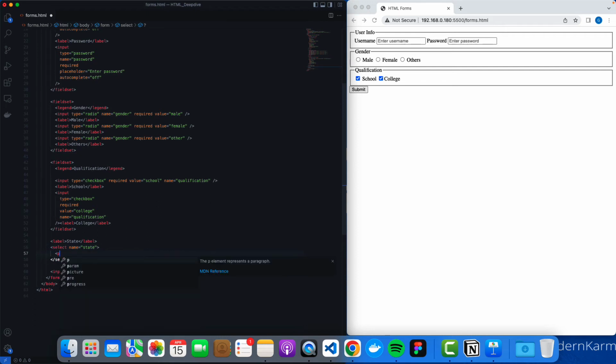I can give different options to that user. Option is another element, and each option will have a value, because value can be something and label can be something else. Let's say value can be Assam, ASM, and label can be Assam. So if you see state, now there is only one option, it is coming up here, but I can have